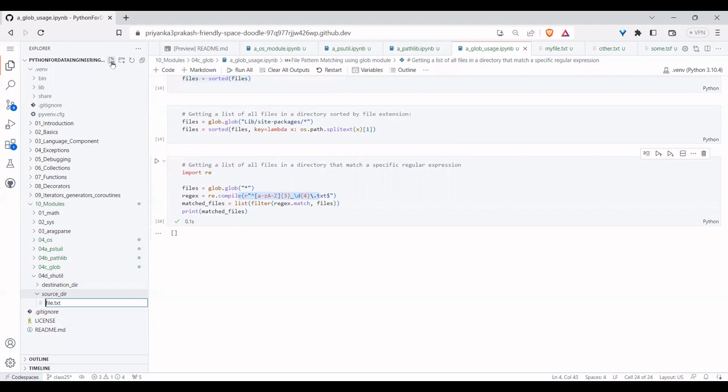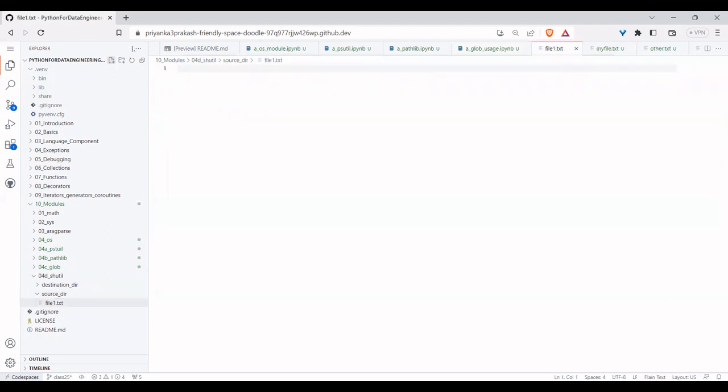Maybe file1.txt, it has some data, it doesn't matter. It will work at the file movement level only. And similarly, at the destination you may have something, or maybe you don't have anything, it's fine. But let me write a